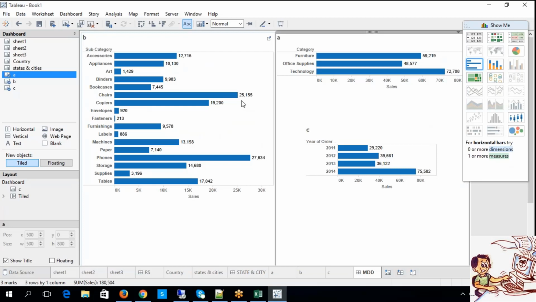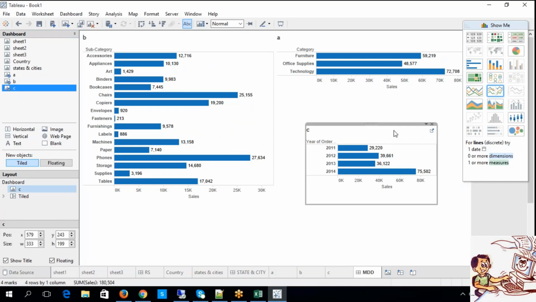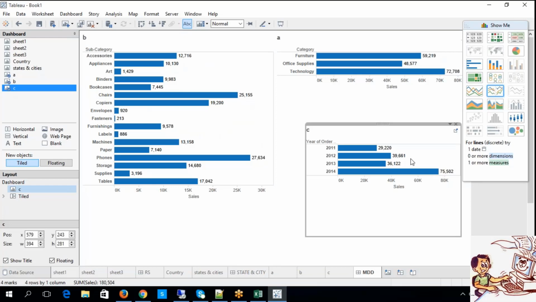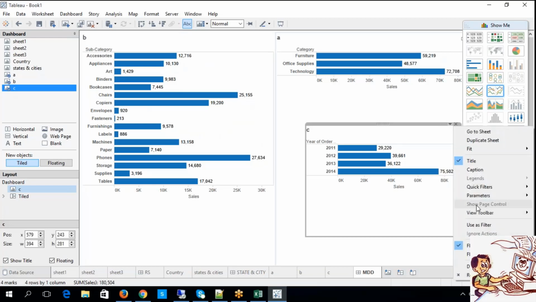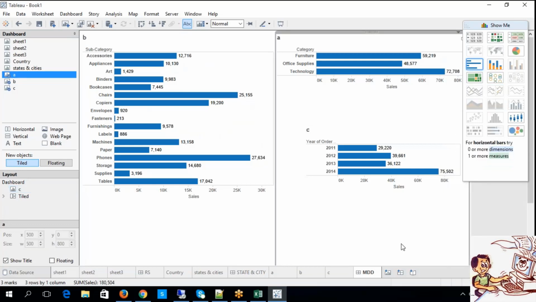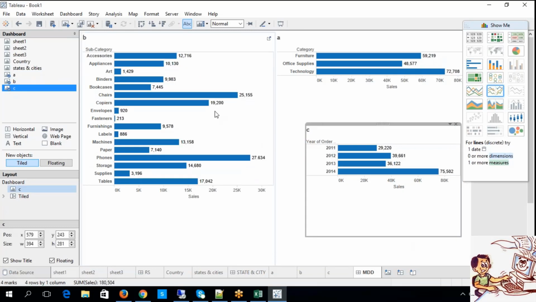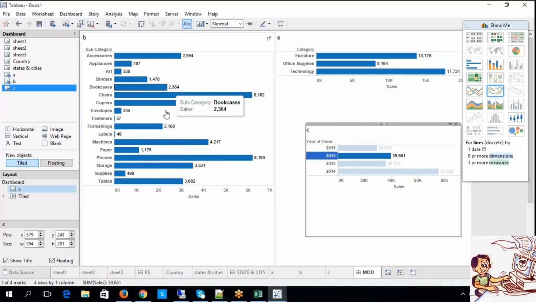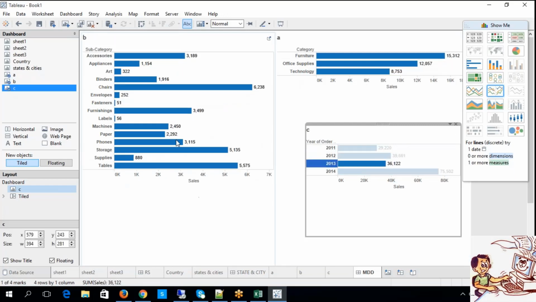For that, I'm going to define a concept of, again, use as filter. What is that? Use as filter. Select this particular one. If you want, I can expand this. Yes, I'm using use as filter. Now look at this. The moment I select the year 2011, it is giving me only 2011 data. Did you observe this? Again, 2012 data, 2013 data, again 2014 data.